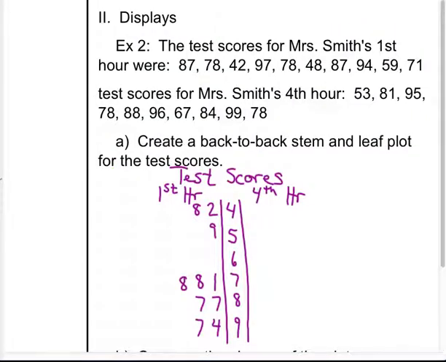And the last thing we're going to take a look at is displaying data. So our first display is a stem and leaf plot, and we're actually going to take a look at a back-to-back stem and leaf plot. So what I did to save us a little bit of time was I filled out half the stem and leaf plot for the first hour, and then we'll go through how we set that up looking at the fourth